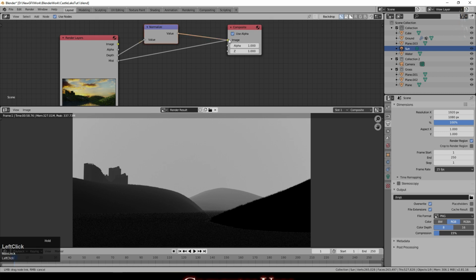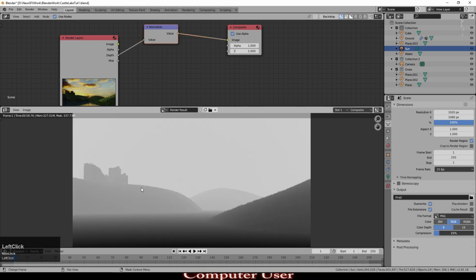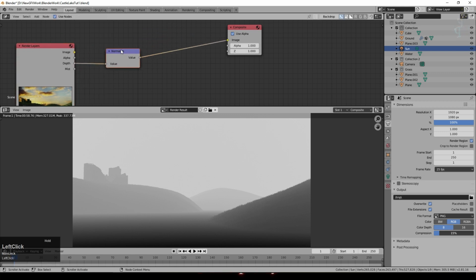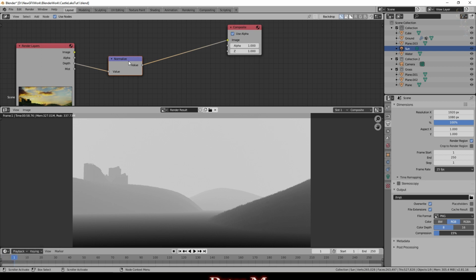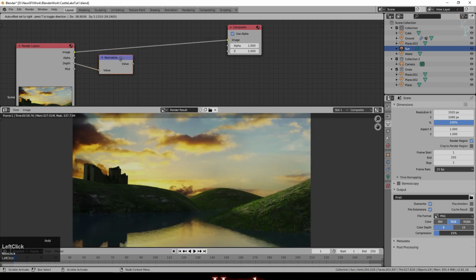The depth pass, it's actually a softer effect, and it's even giving me a bright line along here. So I'm often torn as to which one I prefer. And again, while the mist pass is probably the more accurate, if you really want to be that accurate, you can of course add volumetrics. This is sort of poor man's volumetrics, but we'll see how we go. So we'll try the depth pass and then we'll compare how that looks with the mist pass in a moment.